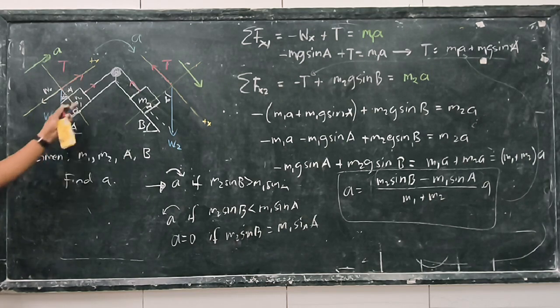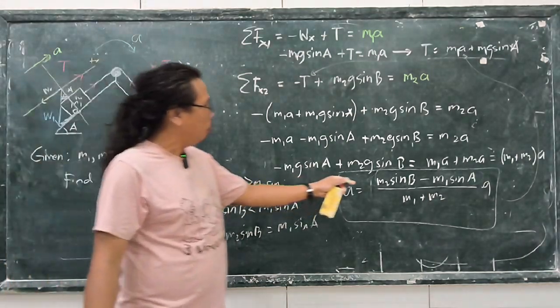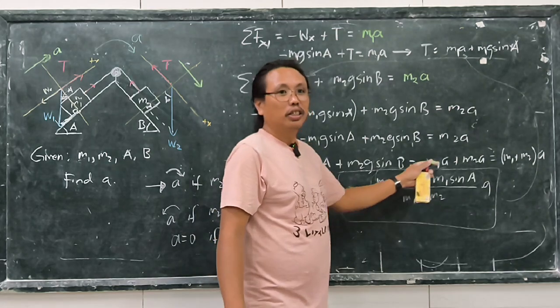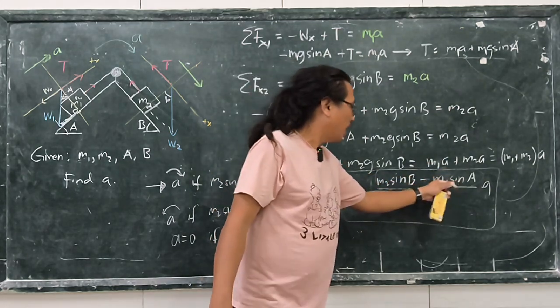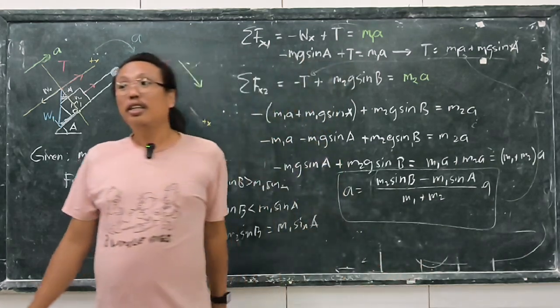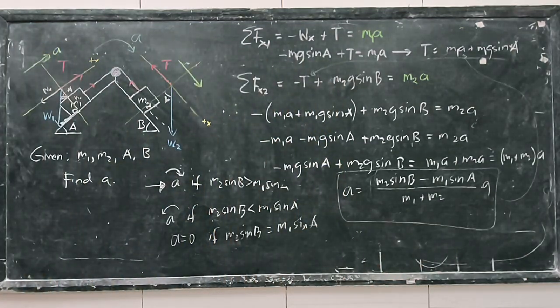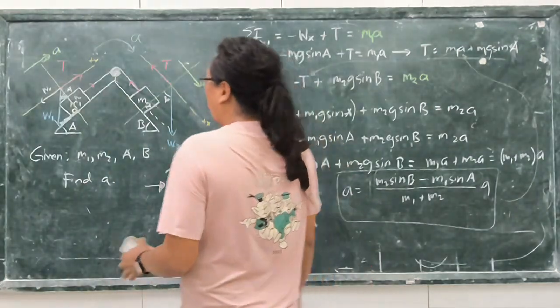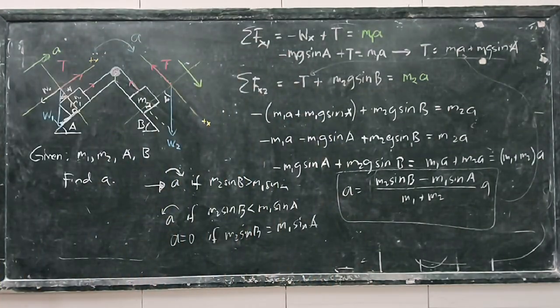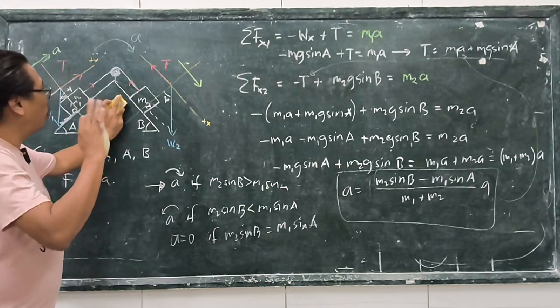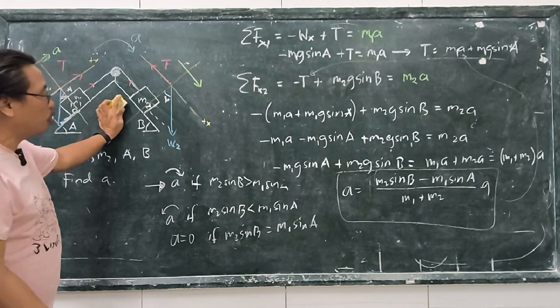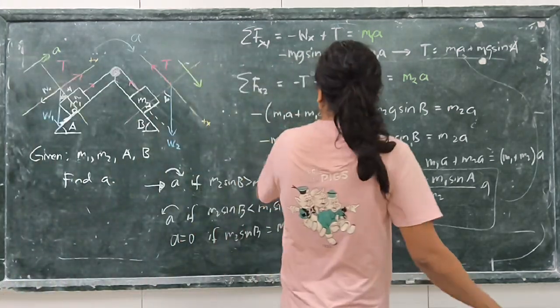Sabtan. Now, if you put some values there, all you have to do is substitute them here, right? Because these are all given: M2, B, M1, A, and so on. Nakuha? Okay. Now, we can use this result to solve a special case. I will not be solving this; I want you to solve this on your own. But what I will solve is to show you a special case.